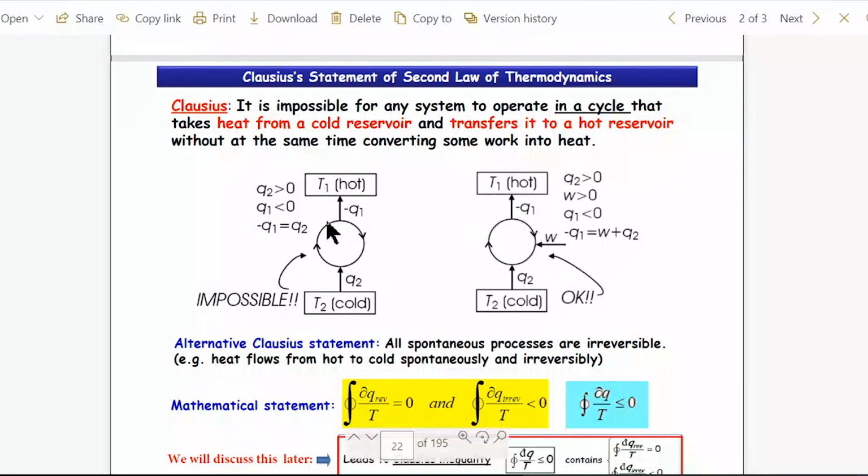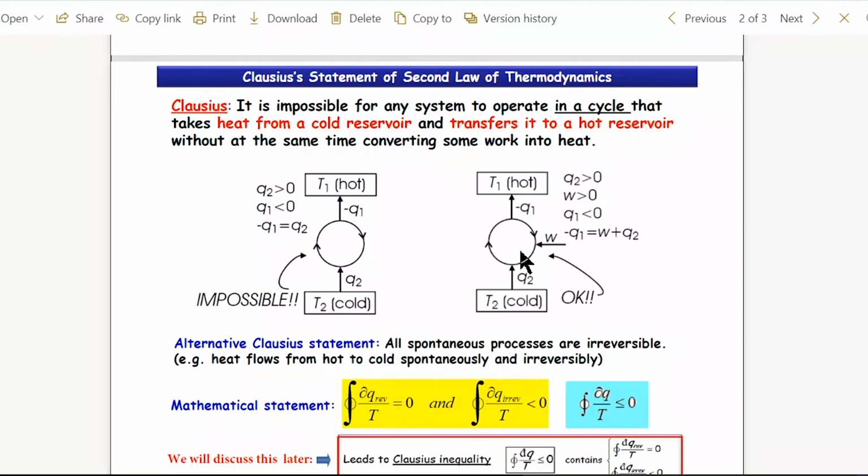Only then is this diagram possible. This diagram without a W input is not possible. So this is the statement of Clausius, which is again a negative statement. It's impossible to have a system operating in cycle that takes heat from a cold reservoir and continuously supplies it to the hot reservoir without some amount of work being input or some work being converted into heat. So this is one form of the